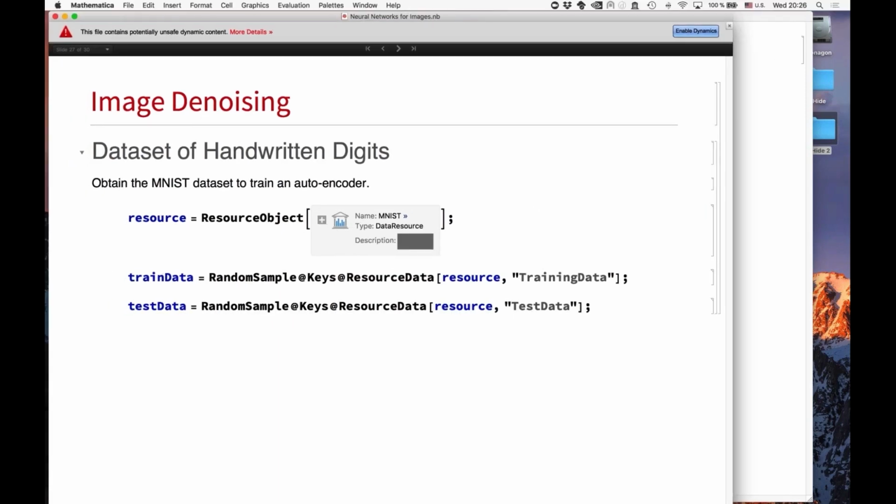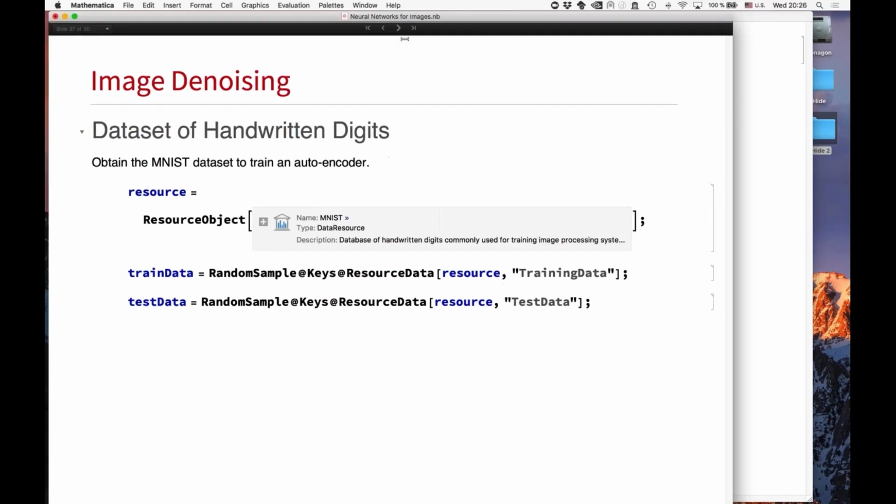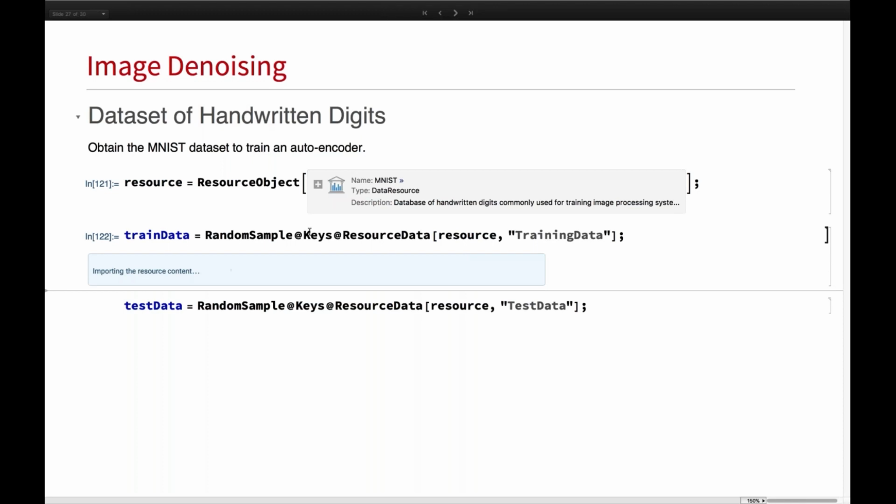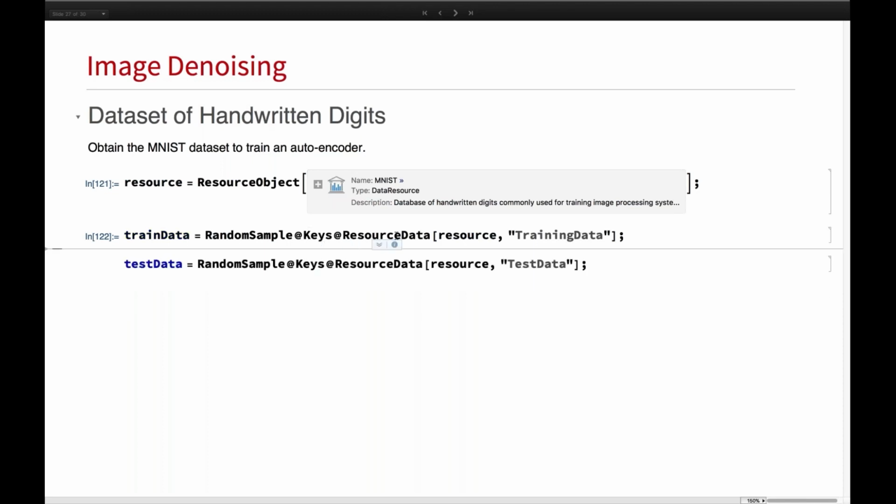So this is an example that goes back to the LeNet network and the MNIST data set. What I'm loading here, hopefully this will work out of the box as it is right now. This is an idea of learning about handwritten digits without utilizing the labels. So I'll just load again the resource for MNIST, the training data,